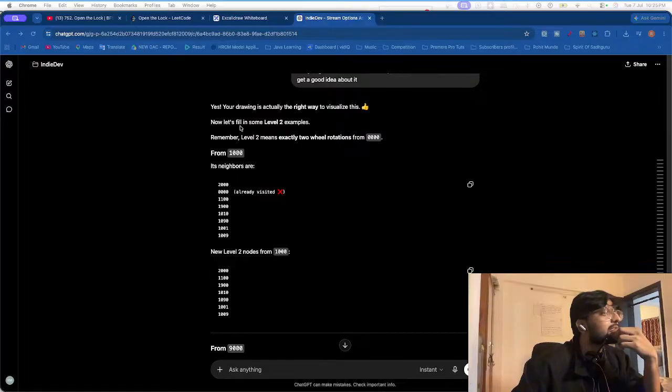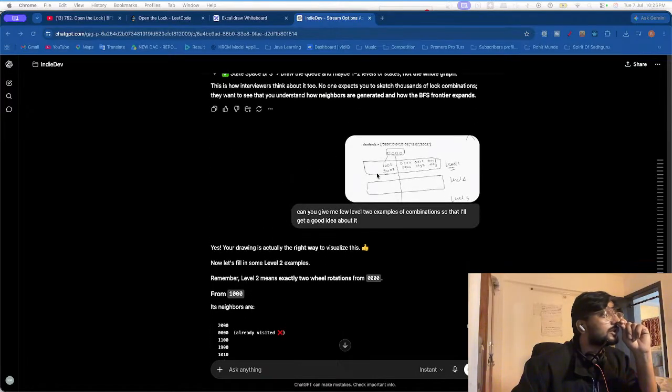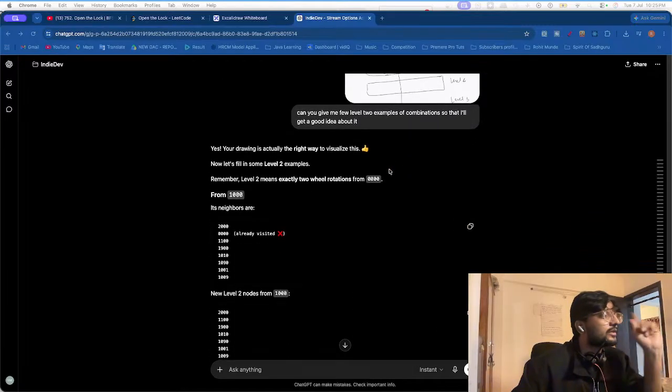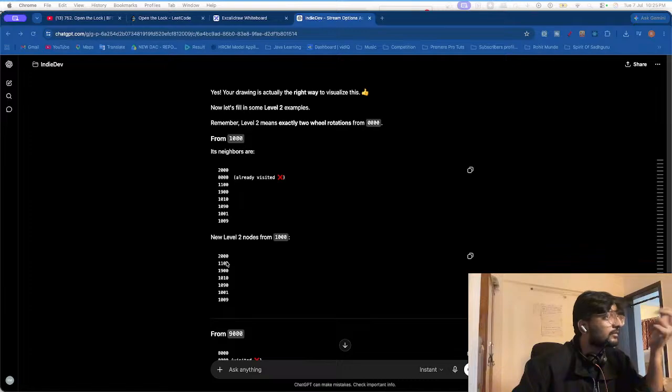अपना ड्राइंग सही है। Now let's fill in some level 2 examples. Remember level 2 means exactly two wheel rotations from 0 0 0 from 1. So from all of this there will be only one rotation possible. So only now level 2 nodes would be